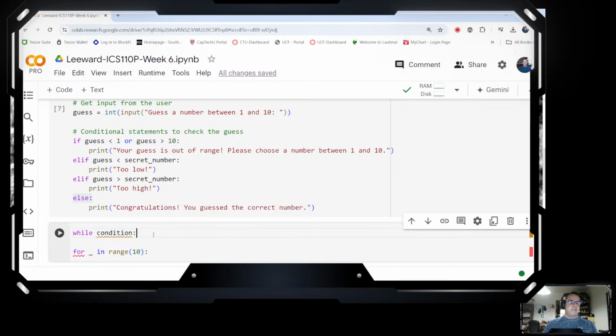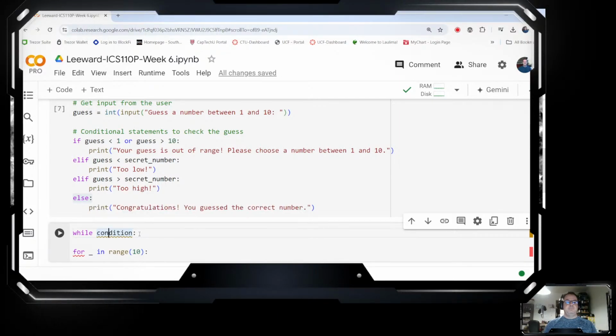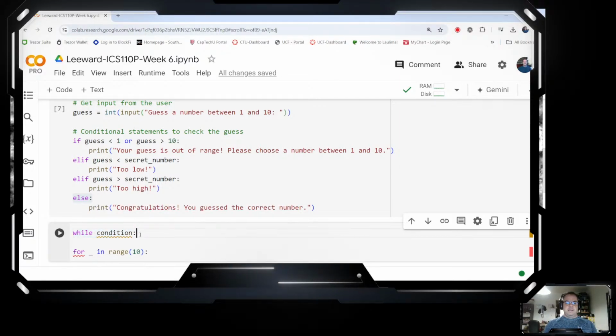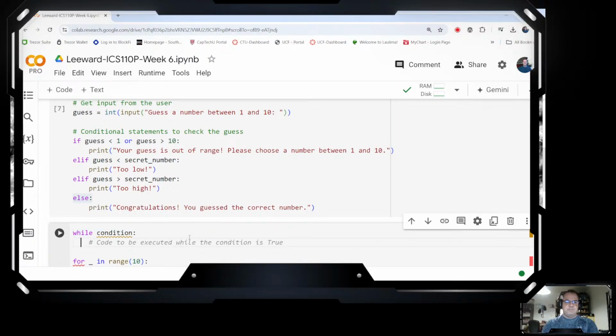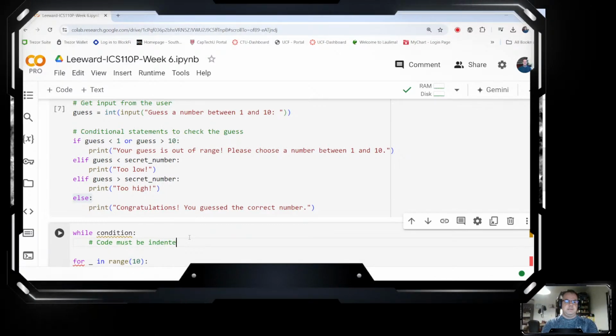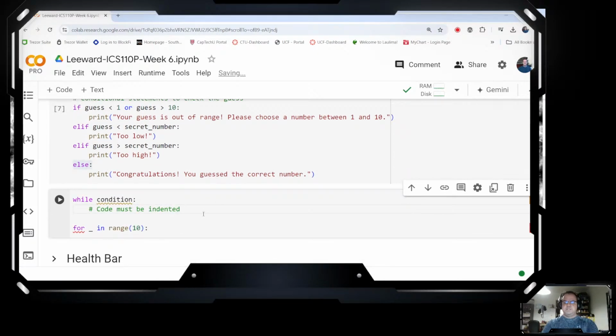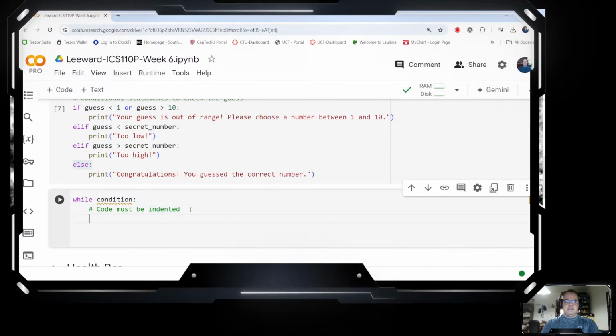Or if they want to play again, then we can go ahead and keep looping as well. And for this, remember, everything has to be indented. So code must be indented, right? Okay. Once, let's go ahead and remove this for block. Anything not indented,